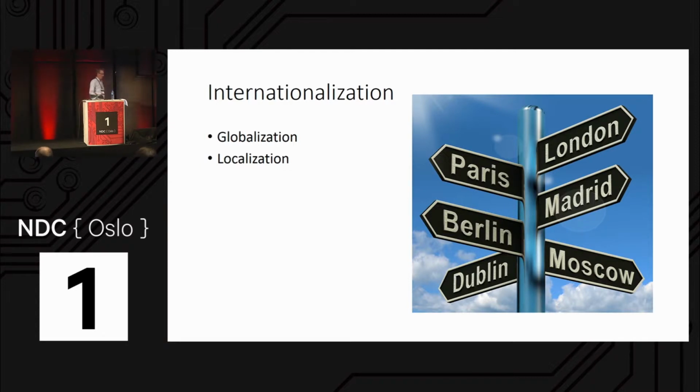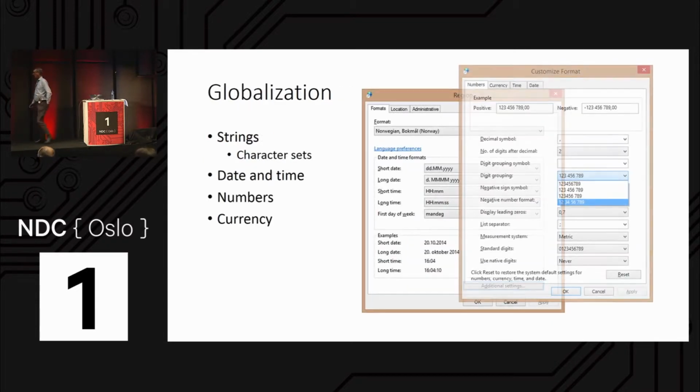And the two of them are quite distinct, but the border between them is quite fuzzy, especially regarding string handling, which appears in both of them. So let's have a look at globalization, all the formats that we use and how different they are. String handling is a bit of a challenge. Character sets. Back when I started doing software development, it's a while ago, we had ASCII and EBCDIC. And that was about it.